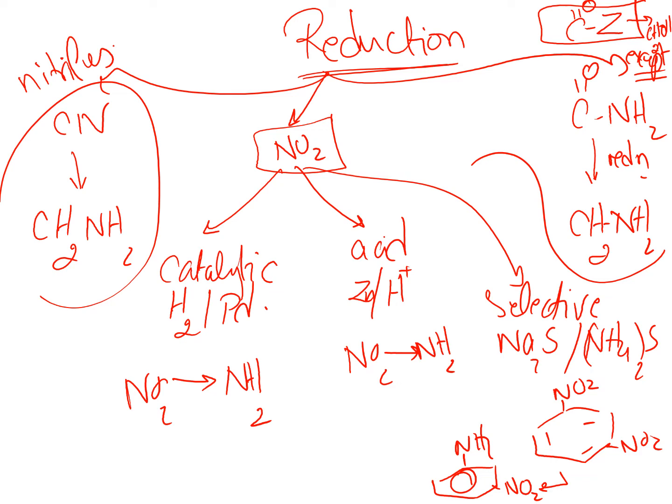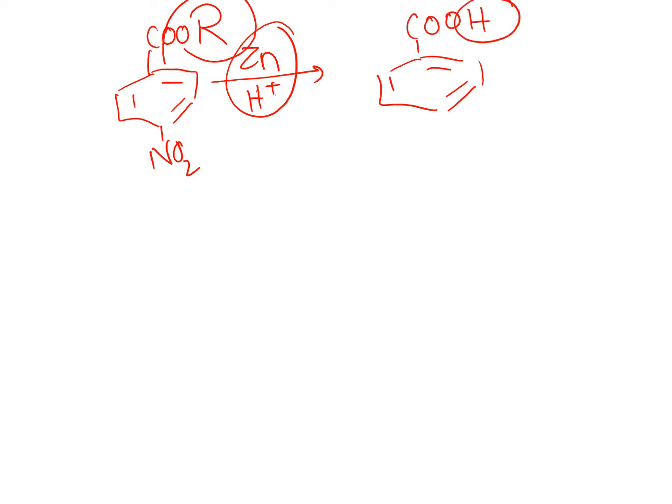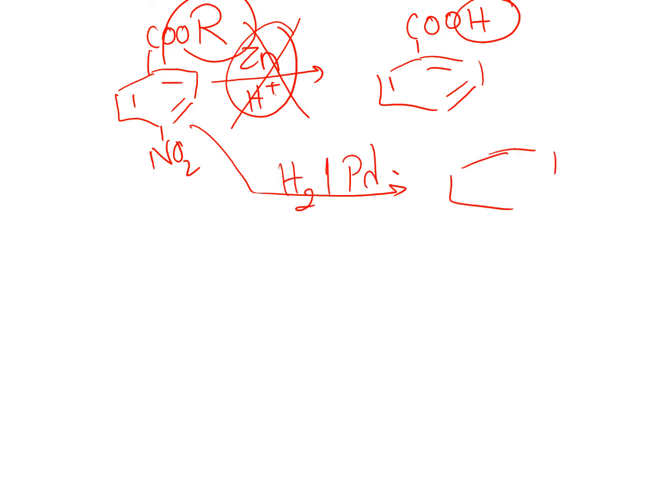What does that mean? It means that if your side chain contains a hydrolyzable group, for example, like esters, and it has a nitro and you need to reduce it, you cannot use the acid reduction of the nitro group, because you will end up with hydrolysis of the ester. You will not have the R here, you will have a hydrolyzed acid. So this method is not the correct method to choose. You should actually choose catalytic reduction, where you will reduce, in this case, the nitro group into an amino, leaving